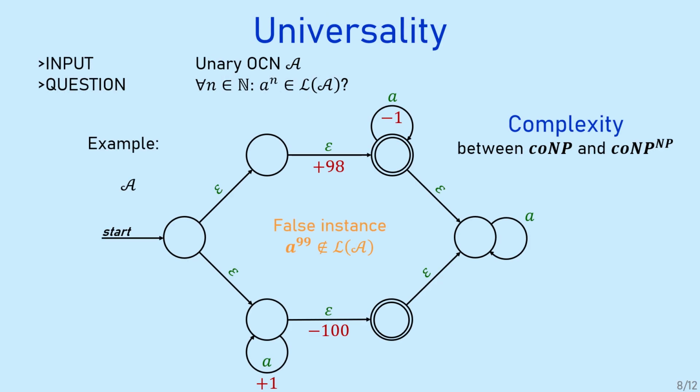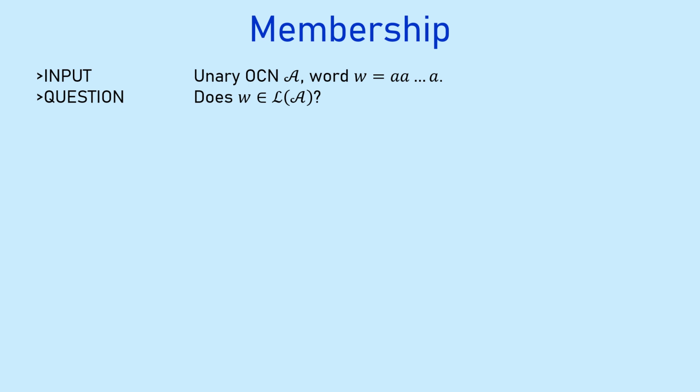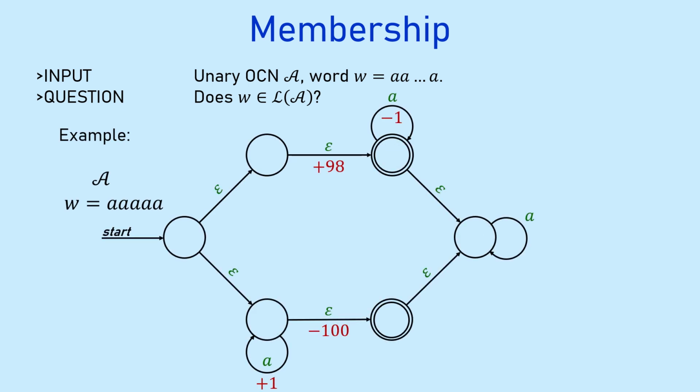And so if A to the 99 was of interest, maybe its membership generally is of interest. So we have a unary one-counter net as input, and a word, and I know the format of the word is going to be some sort of string of A's. The question is whether w belongs to the language of the automaton. If we take the previous example and we query whether the word of 5 A's is accepted by the automaton,